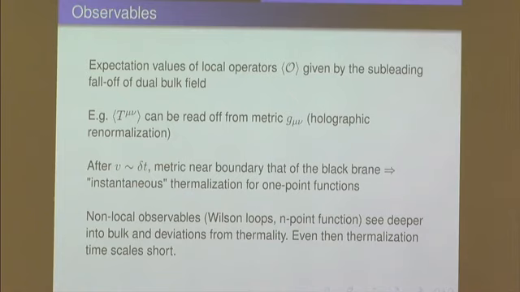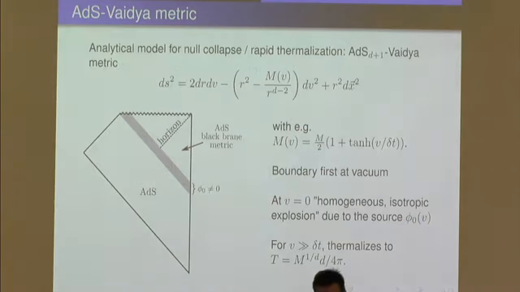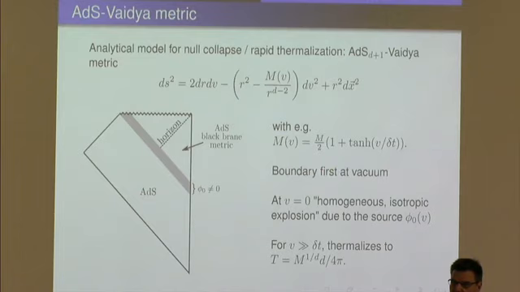Now, for instance, if you just look at... Yes. Can you go back to the previous? Yes. So, the diagonal lines there are the Cauchy horizons of AdS, right? So you have this diagram here. In principle you can extend across the line like this, right? So how does the singularity extend into that region?